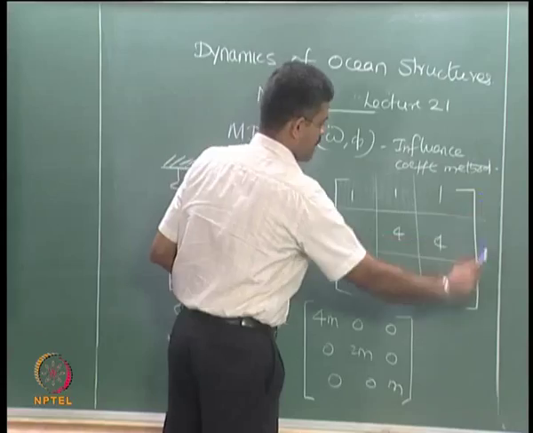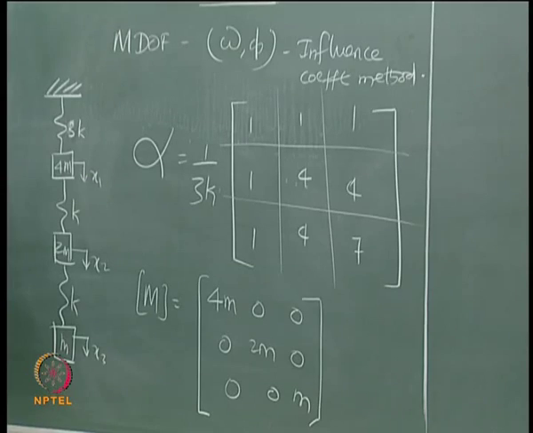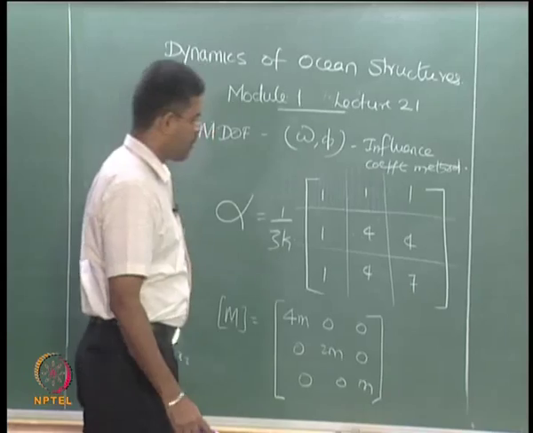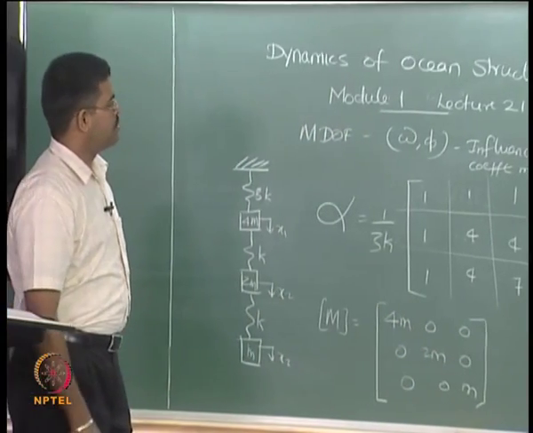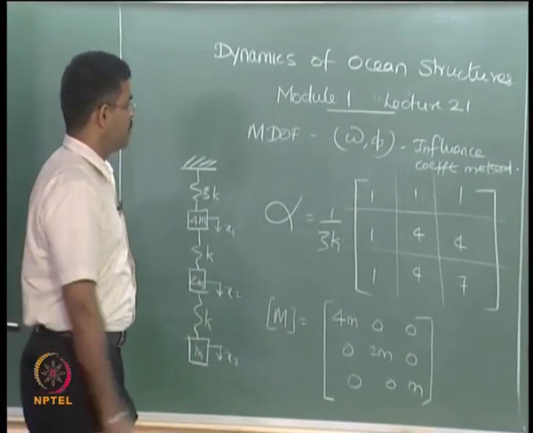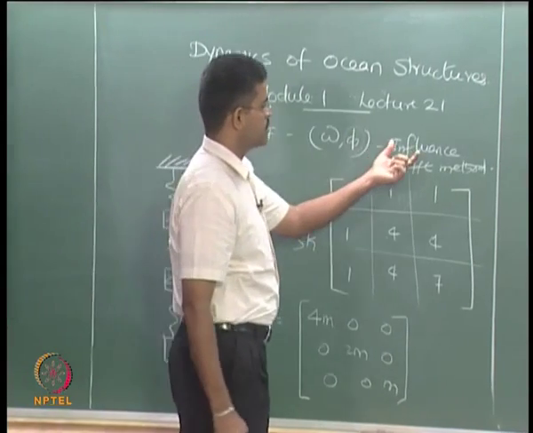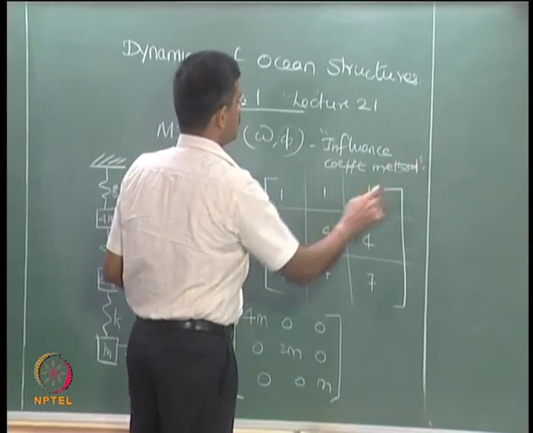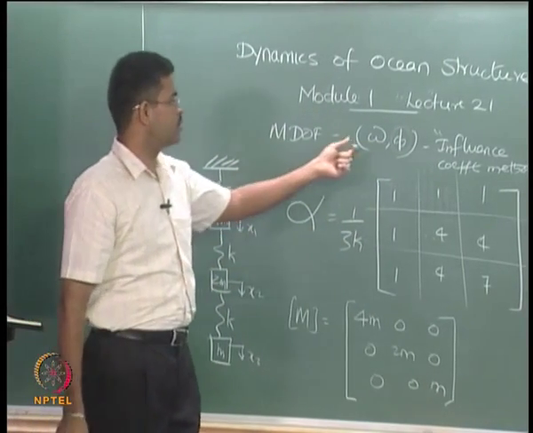This is the influence coefficient matrix which we derived in the last lecture, and we already know that since the displacement coordinates are measured at the same points where the mass is lumped, the mass matrix becomes diagonal and the off-diagonal terms in this case become 0. Our objective is to find omega and phi. Dunkerley's method will not give me the mode shape, so I am going to use the influence coefficient method to find in parallel the pair of omega and phi, that is, the natural frequency and the mode shape.